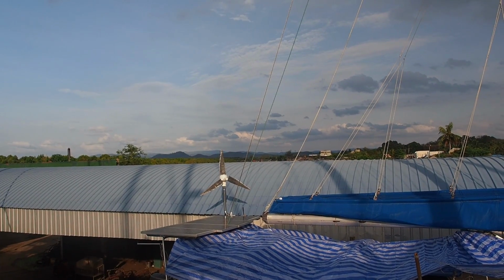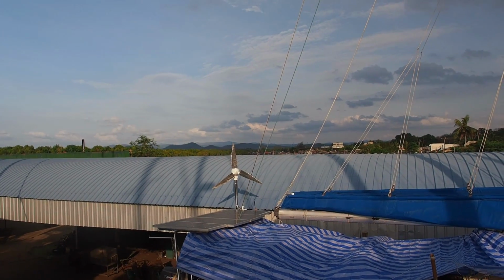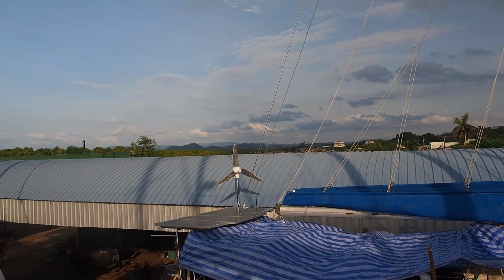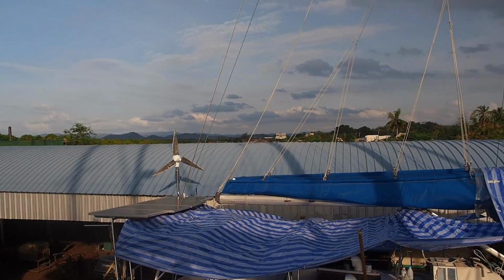I'm up on Brendan's boat, Aldebaran Bay. Not to take in the view, although it is rather magnificent. I'm not sure how much of that you can see, but the mountains in the distance. But really it's just to show you how busy this yard is at the moment, and the puzzle game they've got to move all these boats. So to give you some perspective,